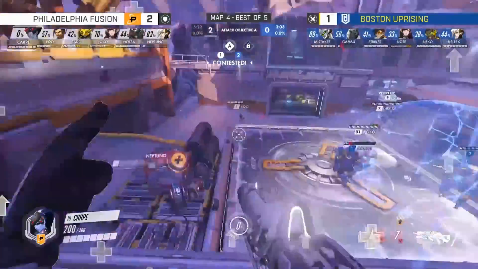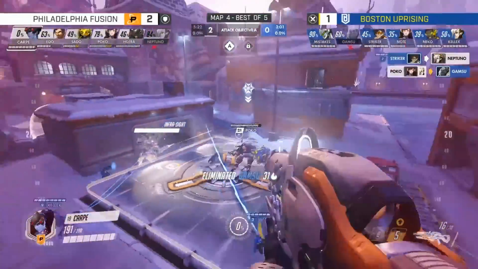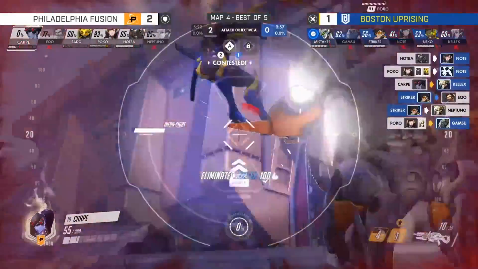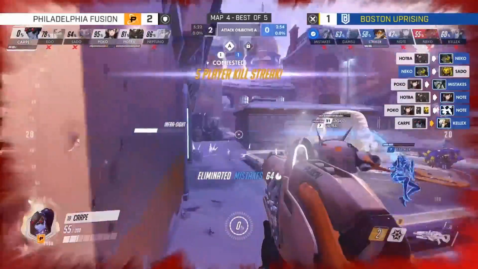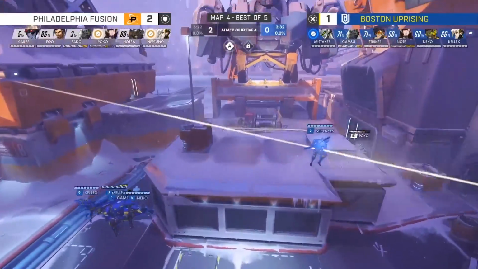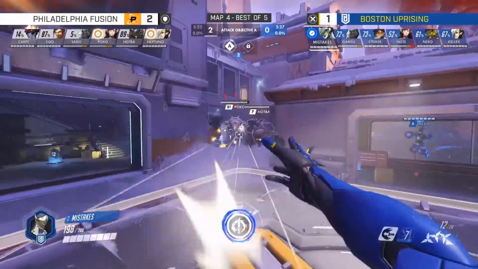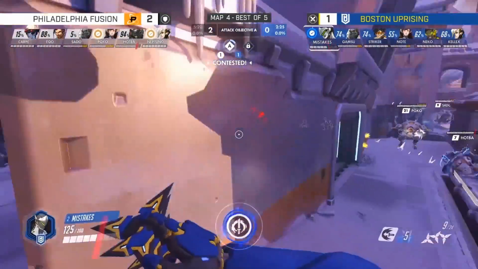So as Boston attempts to do here, yes, they do go off and get the Mercy, eliminating the heals, but they used all of their cooldowns to do so. They have to be able to get the Mercy and get out, fail to do so the push is over. But with so many members dying on the Fusion side, they have to give up some map and have to swap the Orisa to Winston so that he can have a faster run back,